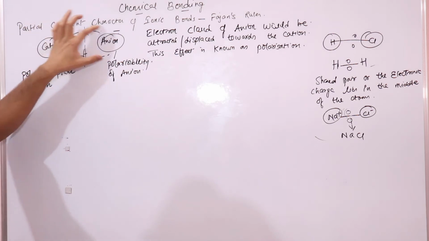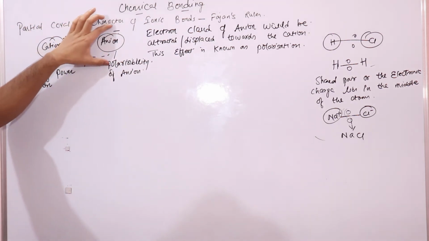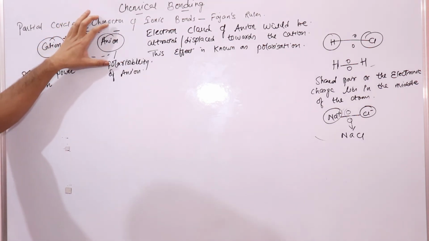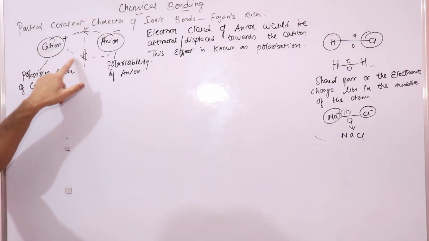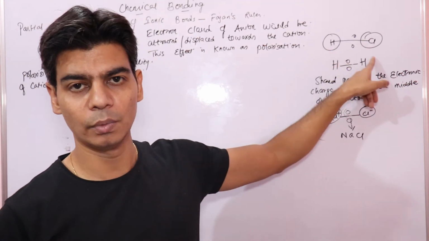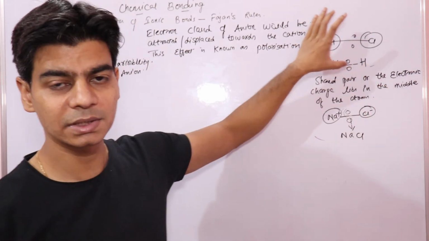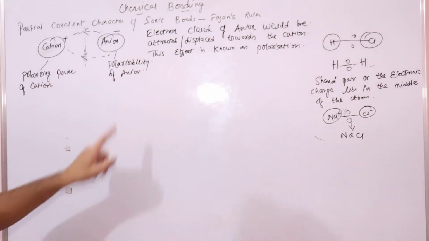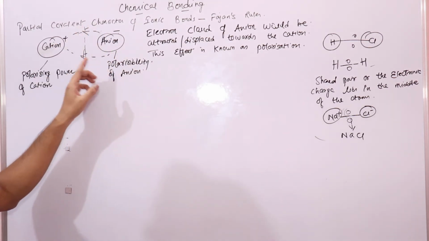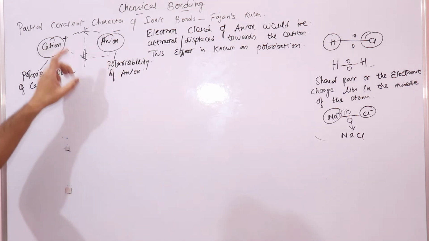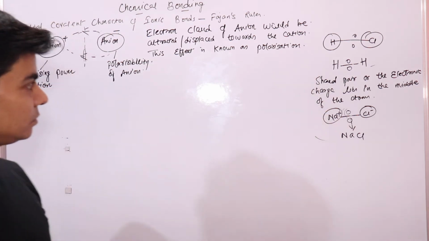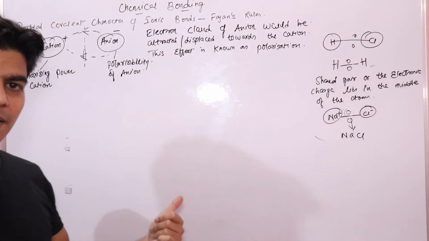So whenever a cation approaches an anion, it will attract its electron cloud towards itself, right? So the electronic charge or the electron cloud will come between cation and anion, like we have electronic charge between combining atoms in covalent molecules, right? So in this way it resembles covalent molecules. When this electronic charge is shifted in between cation and anion, in this way it has some covalent character.